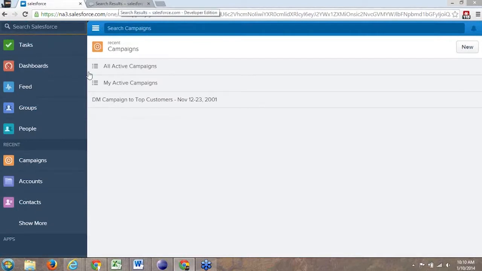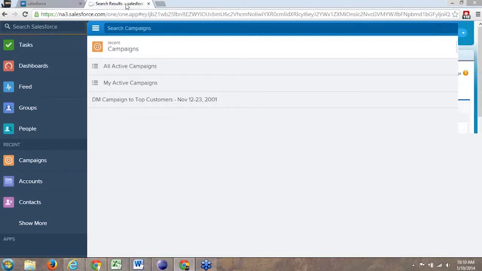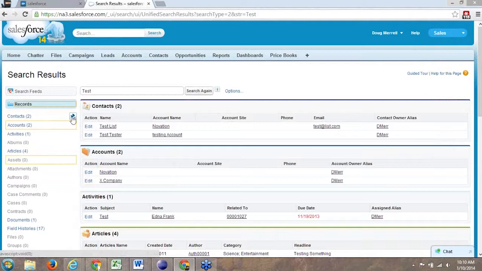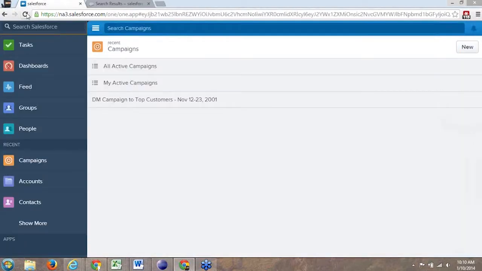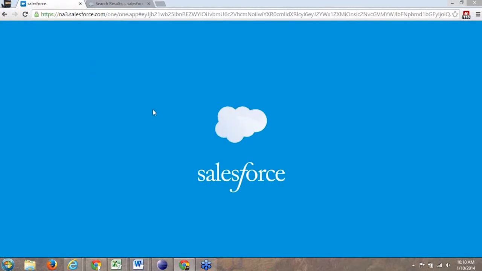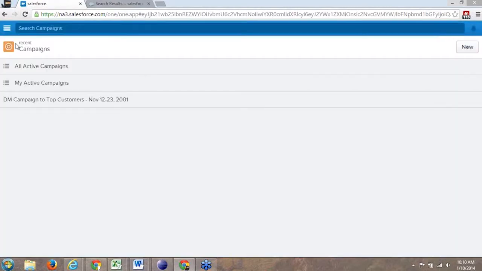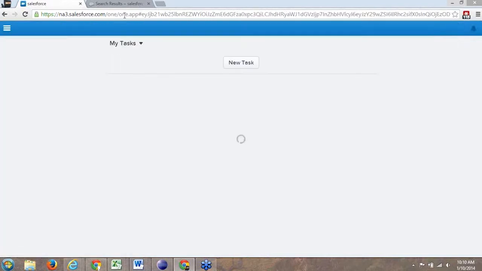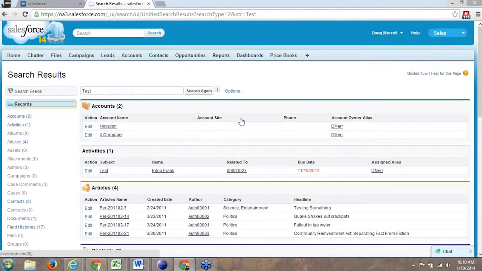Okay, so let's talk about making some adjustments to the actual page layouts of your records. Let's come back here and unpin my items that I have. Unpin those. Let's refresh my emulator again. Obviously, I haven't logged out, so it goes back to campaigns because that's what I clicked on last. Okay, so if we come back to our emulator, what we can do